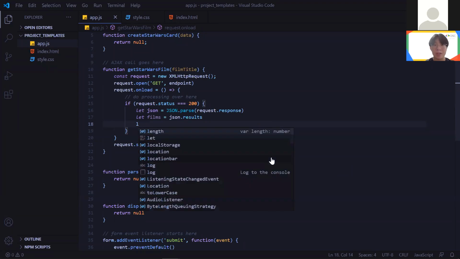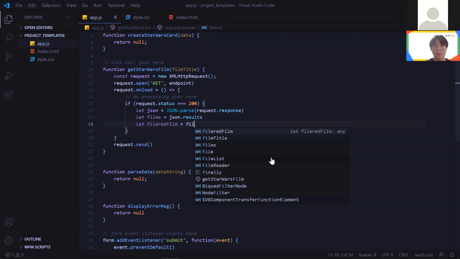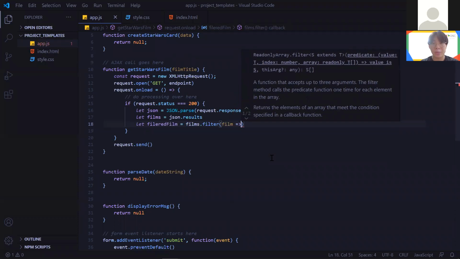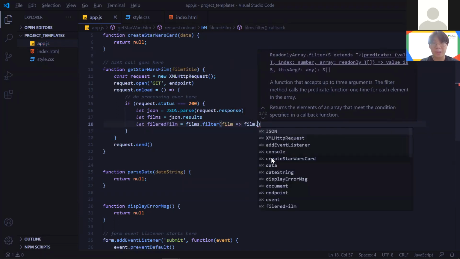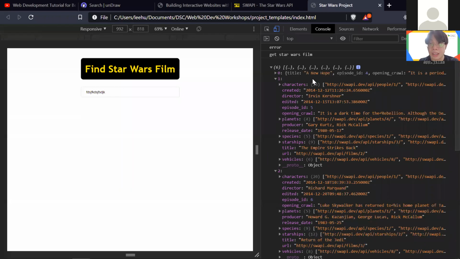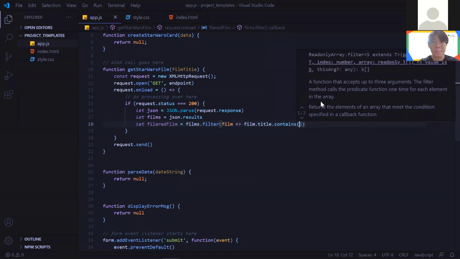So I want to filter it. I want to have the filtered film, right? So what I can do is I call films.filter for every film. This filter function is a higher order function. It asks for a function as an input. So I can do another arrow function. For each film, I want the film.title. So I can check the title of each film, and check whether it contains my film title